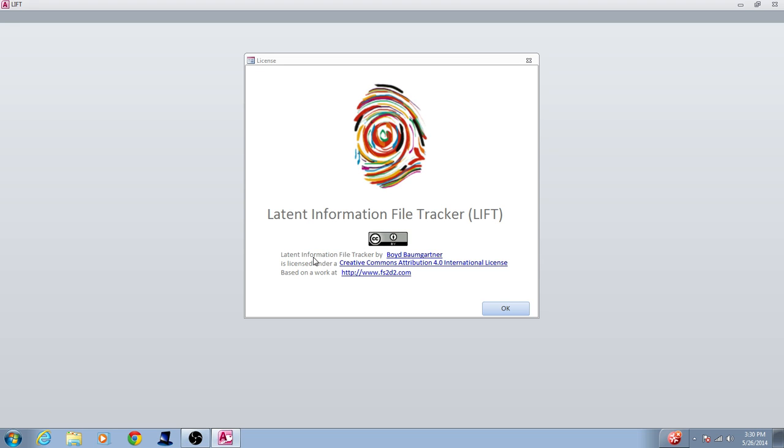Now you'll only ever have to do this once. If you change the location of the backend, it will know, because when it tries to open, it won't see it and it will ask you to locate it again. So if you ever remove it for whatever reason, it's flexible in that regard, but it won't ask you repeatedly on every application. So we've linked our front end to the back end, and now we're going to go ahead